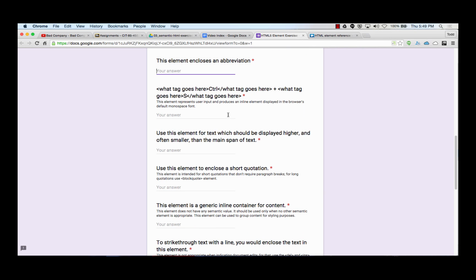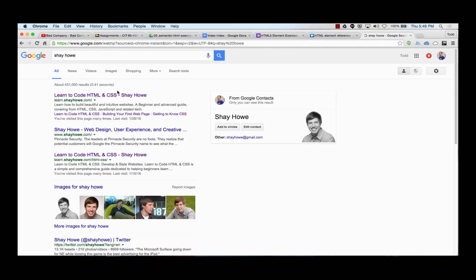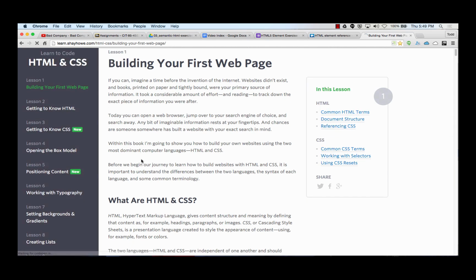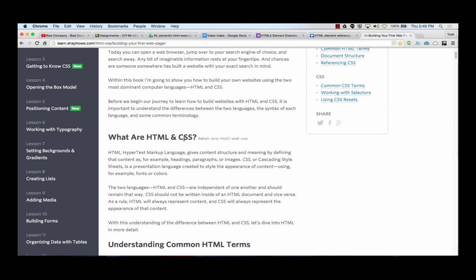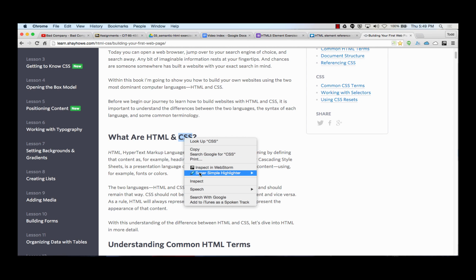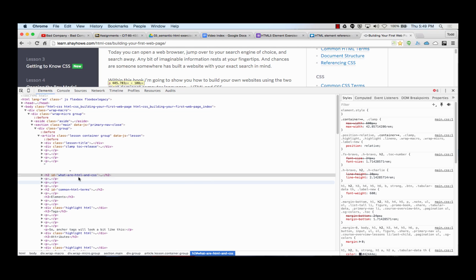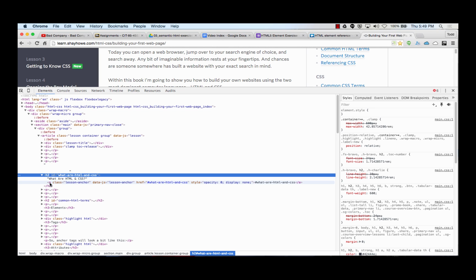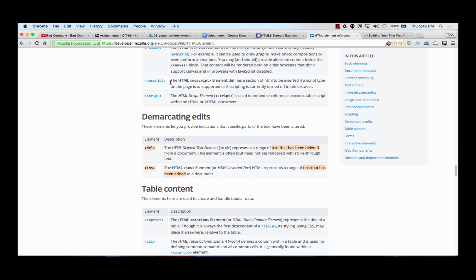This element encloses an abbreviation. So you see this in Shay Howe's book really nicely, right? He's using abbreviation on stuff because right here I hover over this and then I get that little tooltip off to the right. What are HTML and CSS, right? I think that's probably an abbreviation with the tag set, whatever it is. No, it's not. I don't know how he's doing that. What are HTML and CSS? I don't know. He's got some JS or something happening there. But abbreviation